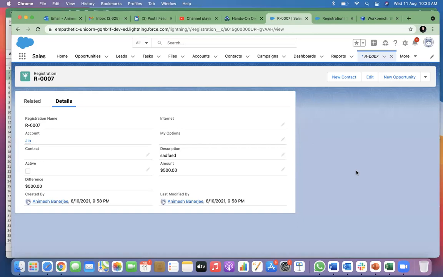Sir, what is the use of this difference field? If you want to automatically calculate something on the UI and see for each record, you can use the formula. Here I am calculating based on the parent field and child field, but you can do this on two fields here also. Like you have amount 1 and amount 2, and you have another total amount field. So you want to add these two values and show that in total amount. You can automatically calculate using formula. Okay.